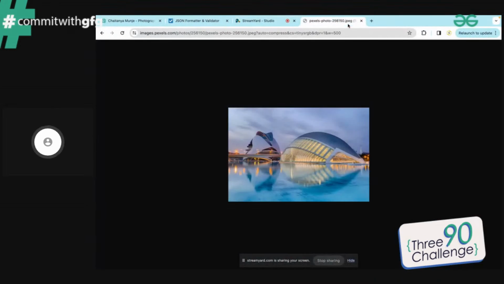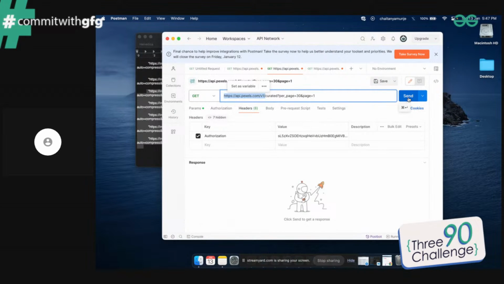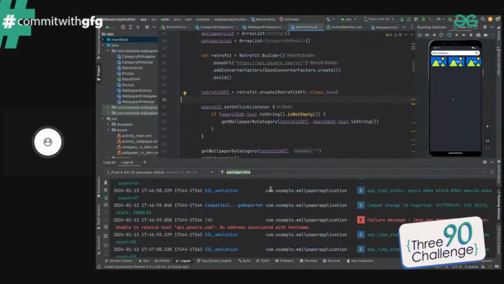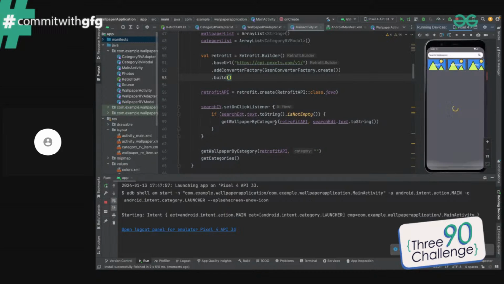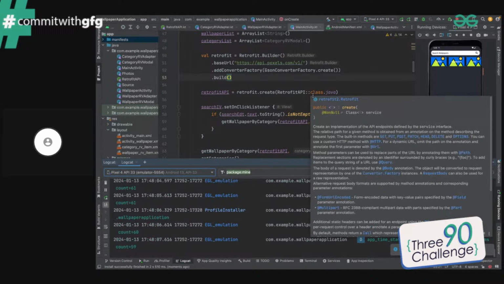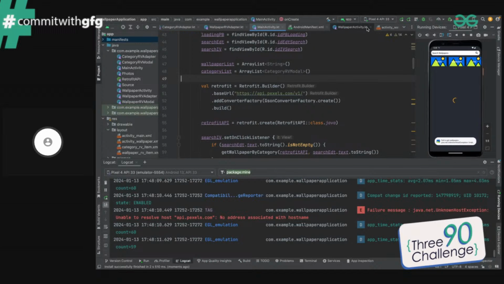We will be verifying the URL through postman response. We are getting the response here but not getting it here. It is giving us the message failure, unknown host exception. Along with that, our images or wallpapers are also not loaded. Categories are not loading, so we will check for that as well